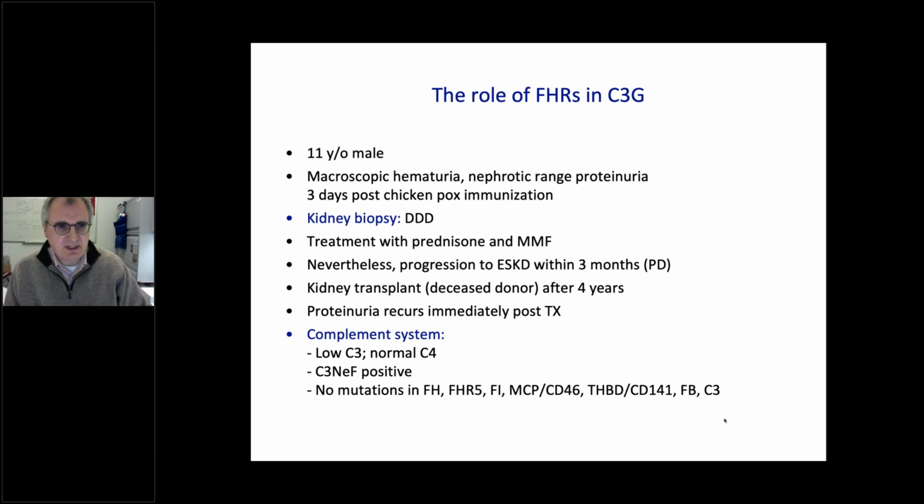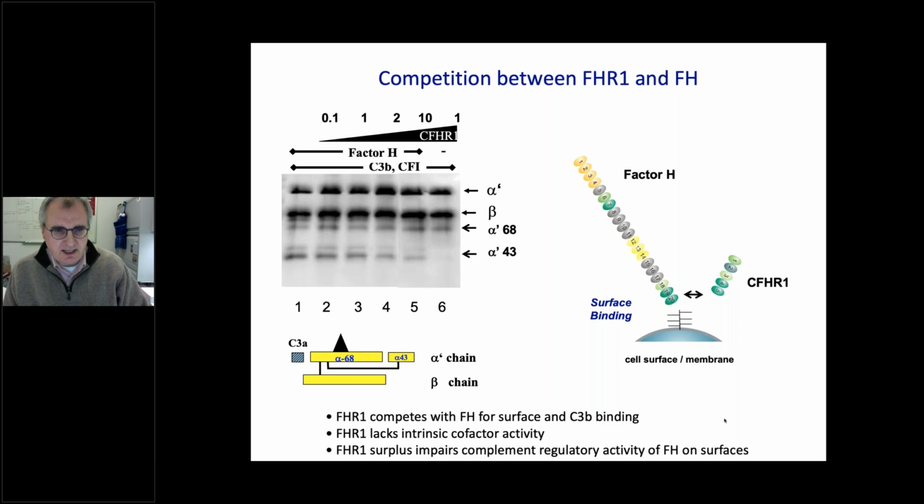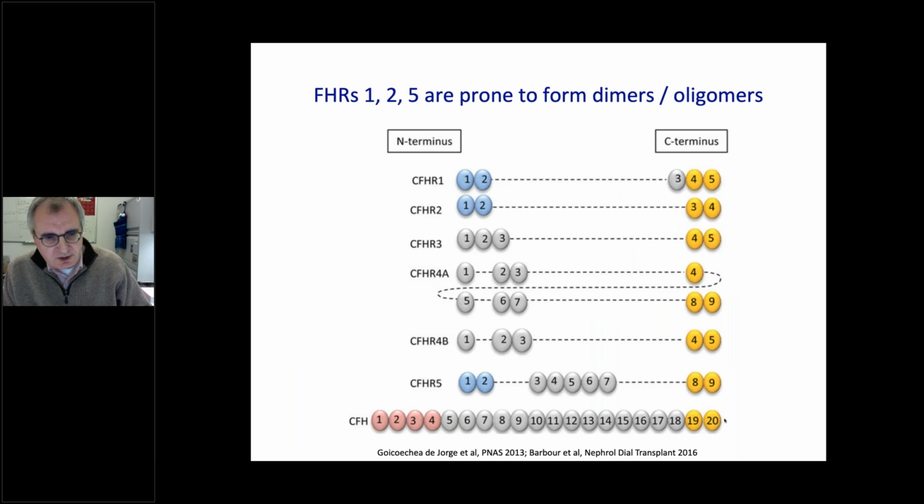I might skip these few slides here for time and come to this here. So we have spoken about factor H. We have spoken about autoimmune causes, antibodies causing C3 convertase dysregulation, and we have spoken about mutations. There's a new theme that is maybe so far even still underappreciated, which is the so-called factor H deregulation. You may know that factor H is encoded on the long arm of chromosome 1q22, and downstream of the factor H locus, there is a sequence of 5 factor H related similar proteins,